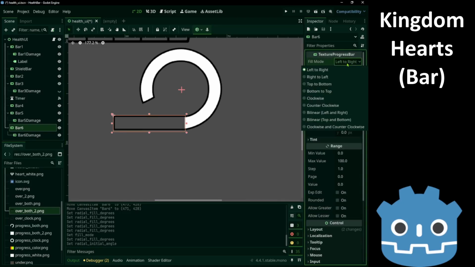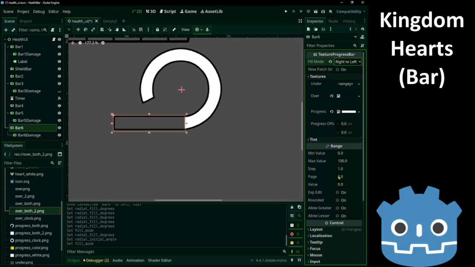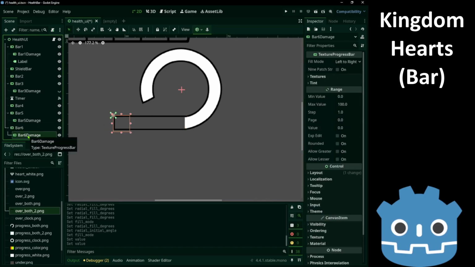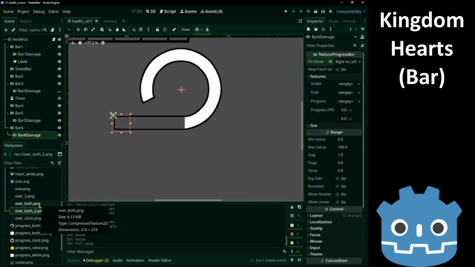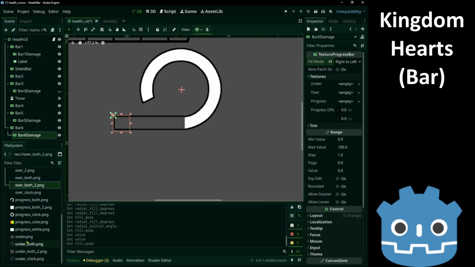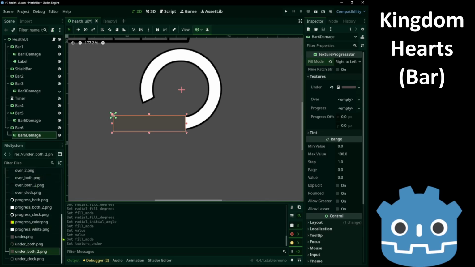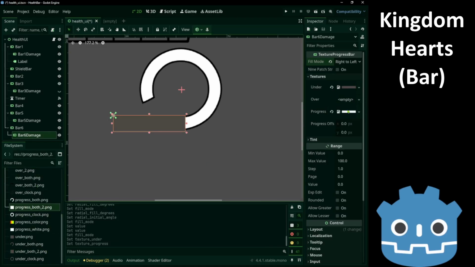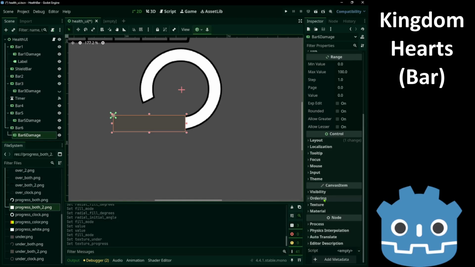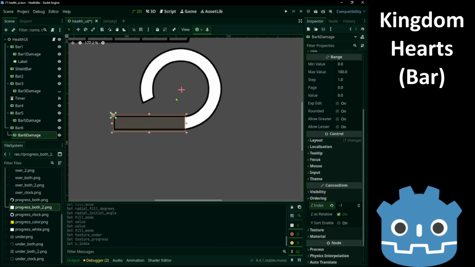We have to change left to right to right to left, so that the value will start filling from over here. And bar 6 damage will pick the under and the progress. And we change the ordering to -1.